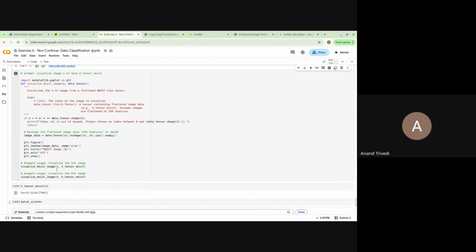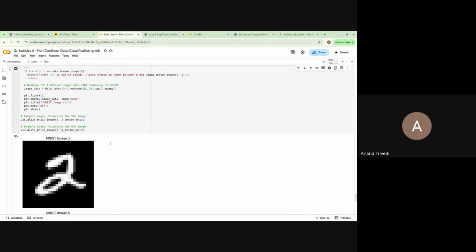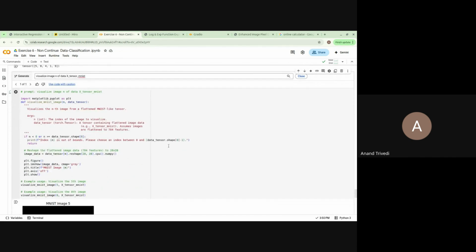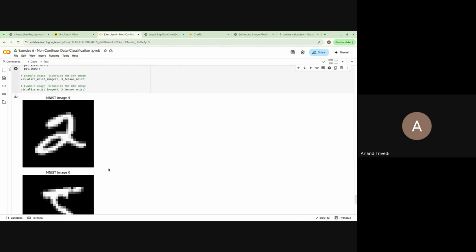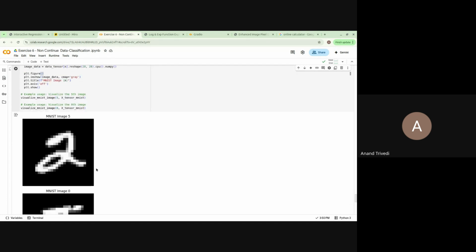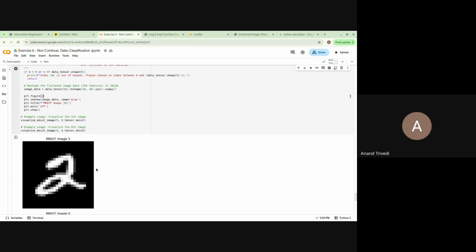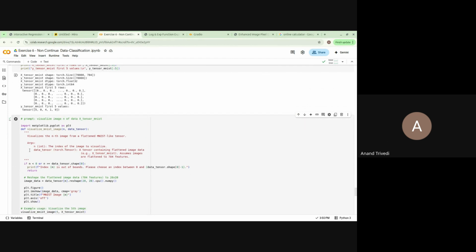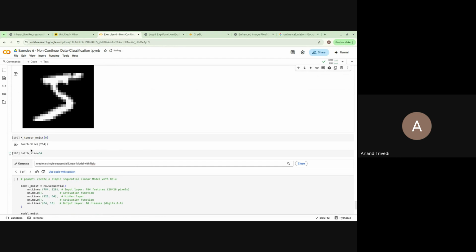Okay, so image number 5 and image number 0, it is trying to visualize. So if you see, this is my image. Now in order to visualize, it had to reshape my data to 28 by 28, because initially my data is present in one long array. If I just try to print this data, MNIST of 0,